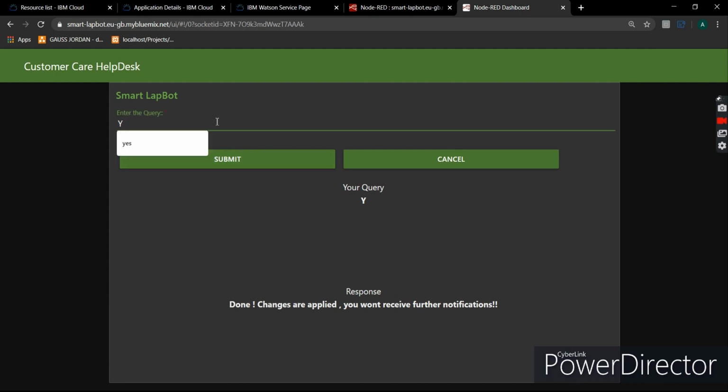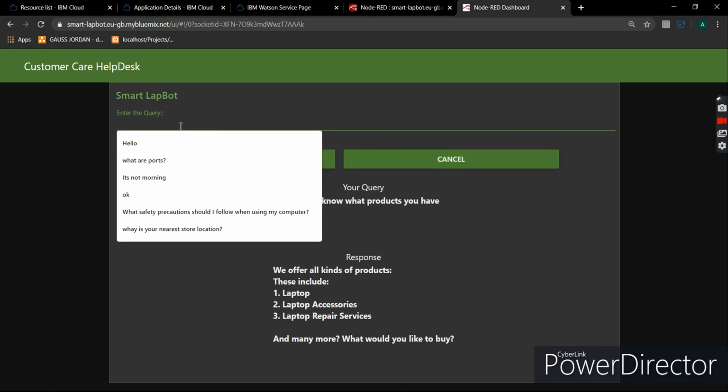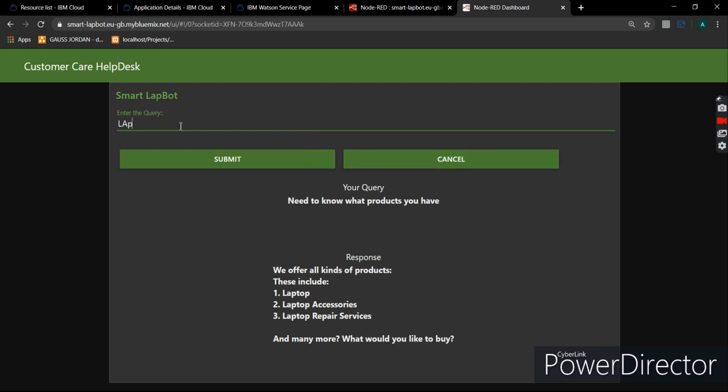In a similar manner, we can query more, like if I say need to know what all products you have. As you can see, it's showing up, and if I click on submit, it is showing me the various products that they can offer. And it is asking me what would you like to buy. So let's type I want to buy a laptop.